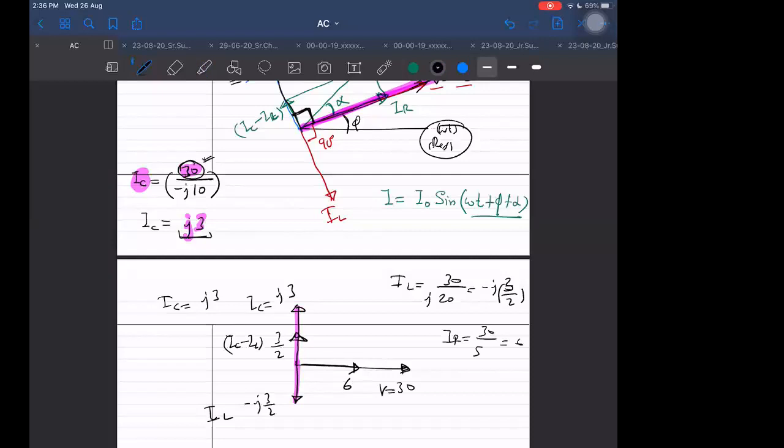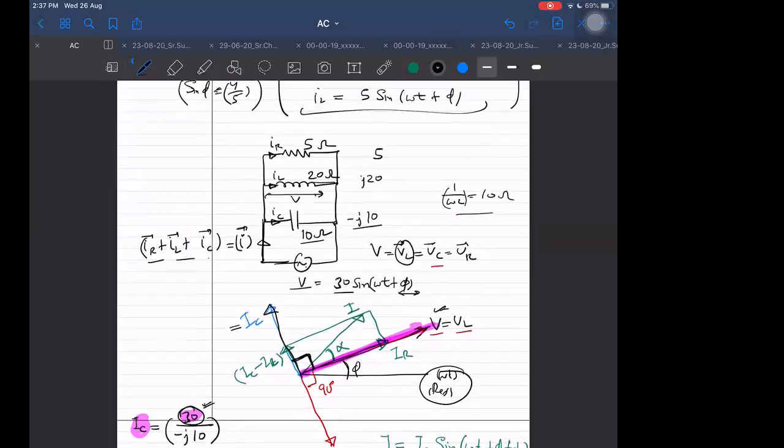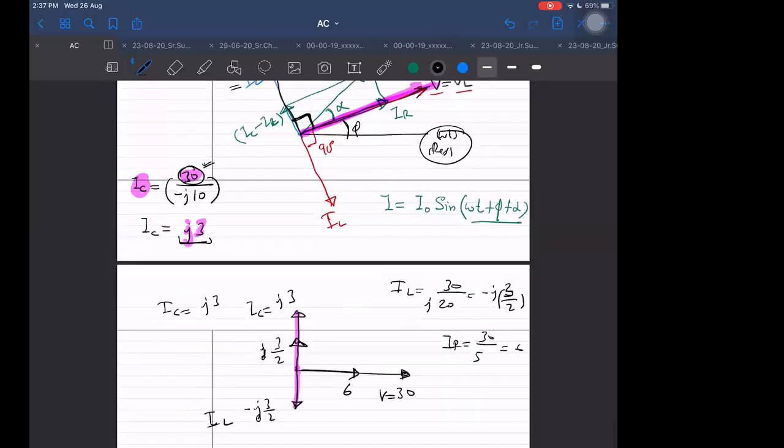When I am saying IC minus IL, I am saying the magnitude of IC minus the magnitude of IL. Obviously, otherwise it is IC plus IL if I want to add as complex numbers. 3 by 2J. It is IC plus IL only. We are adding these. Why are we adding? Because as I told you, by complex numbers, I will add it. I will add it by complex numbers also, right? 3 by 2J and 6 also.